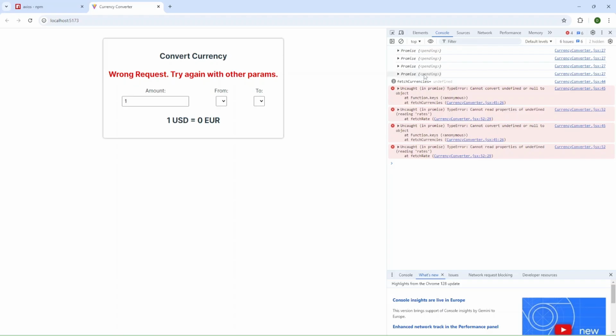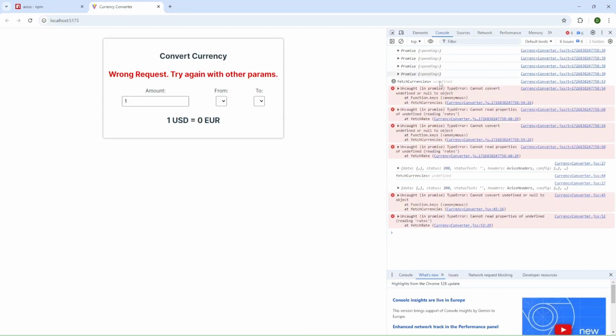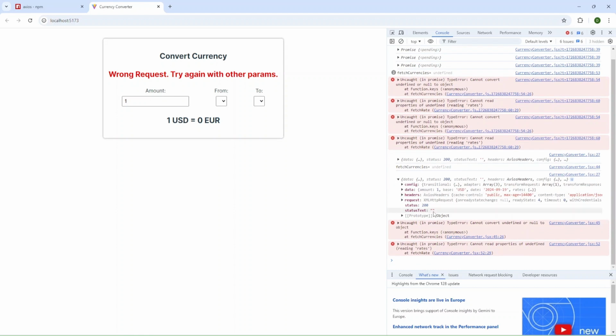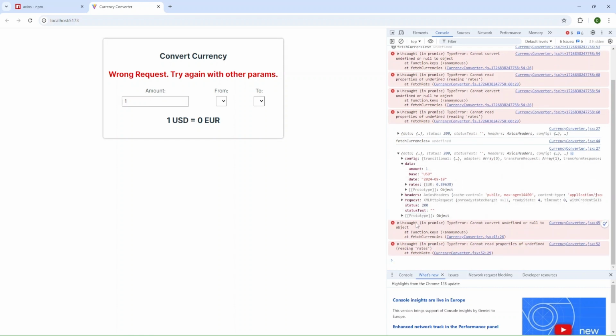And actually, we can check response, and we have a promise as response because I need to add await, and let's check again. And in response, we have data, and inside data we have amount and other data.